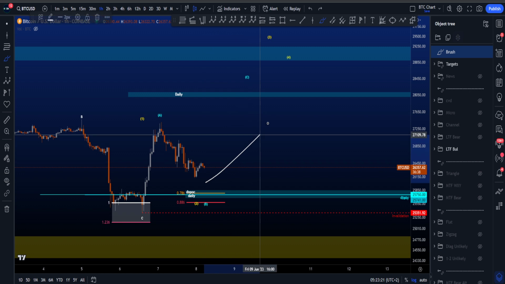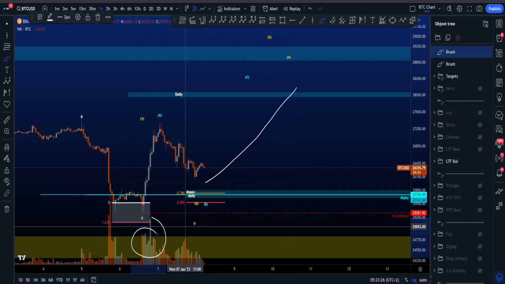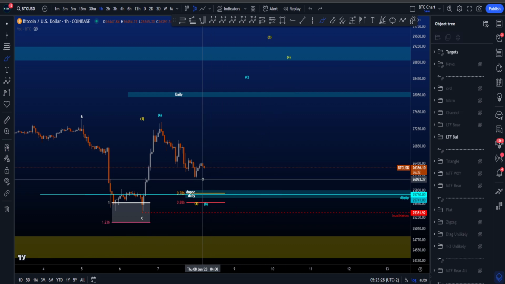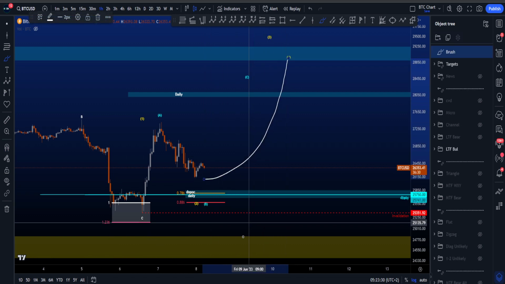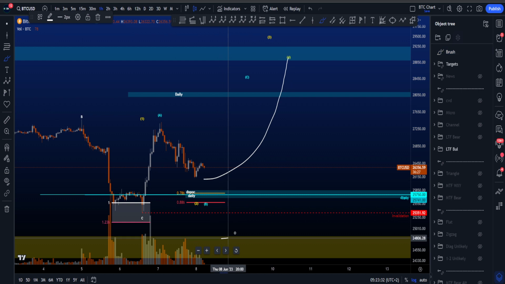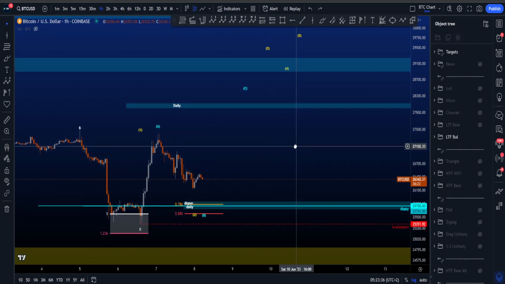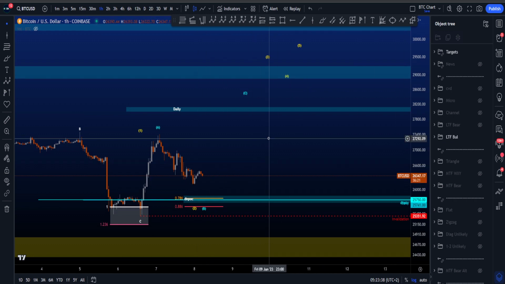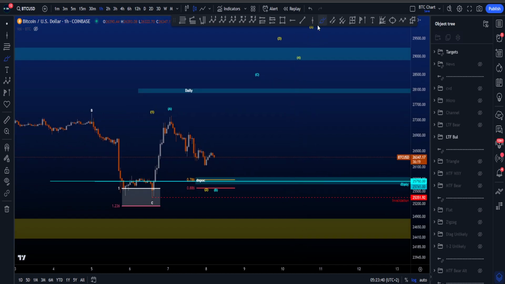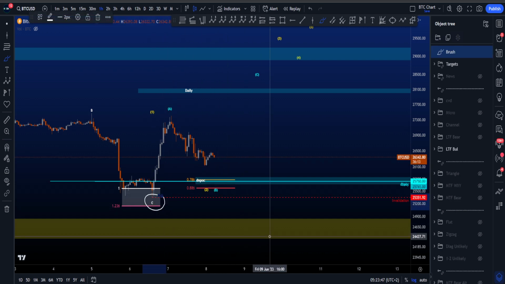And a wave C is usually a bit more lazy and sideways, and the volume is quite similar to a wave A, while a wave 3 tends to be more impulsive, something like this, where you also want to see the volume moving with price towards the upside. So that's an important difference between a wave 3 and a wave C, and we have to wait and see what we're gonna get. The invalidation of this scenario is if price is going to push through the support area and hits the invalidation, taking the lows at